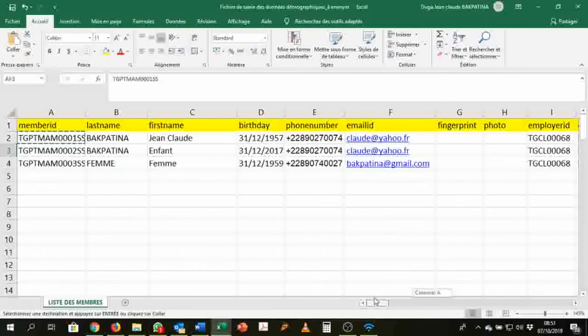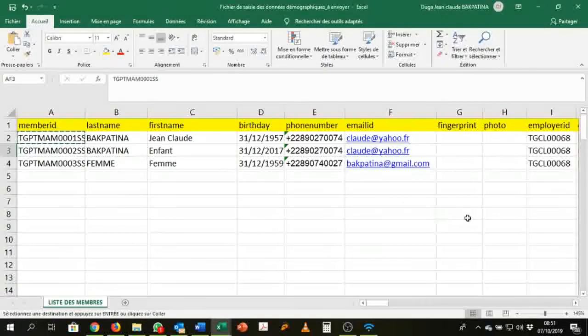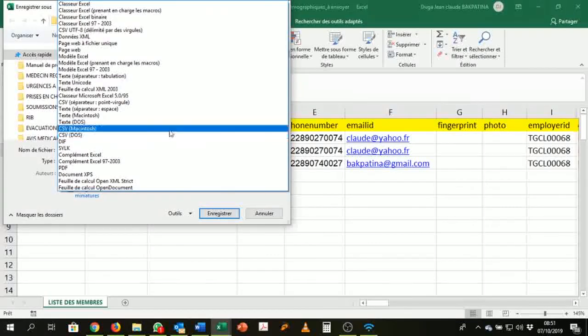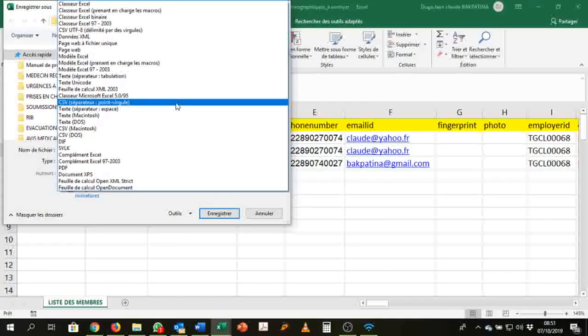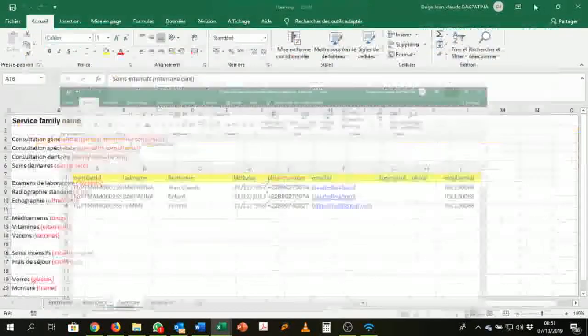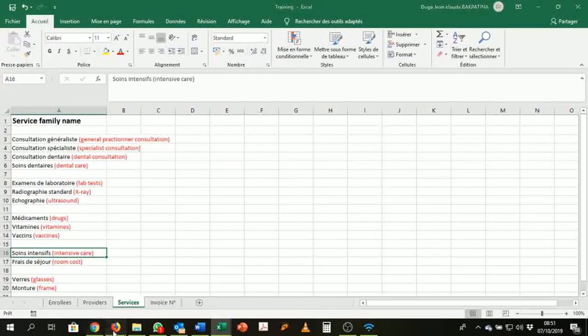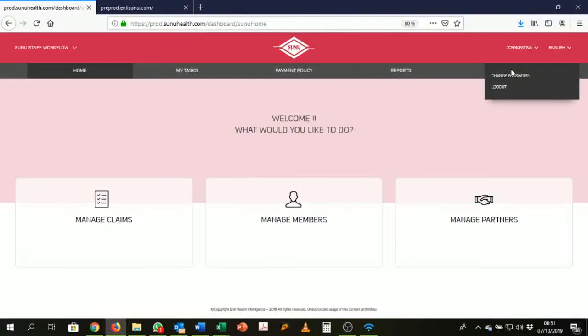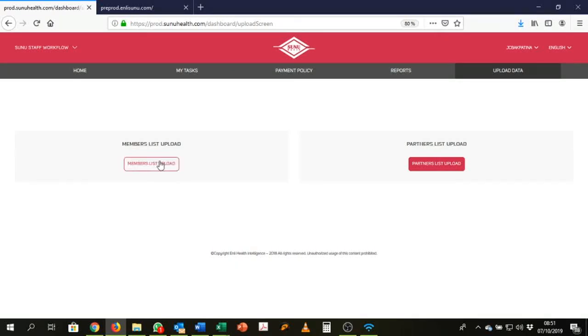After we have all this, we save the file as a CSV. After saving it as a CSV, that file will be uploaded in the software here in upload data. So this is all about managing